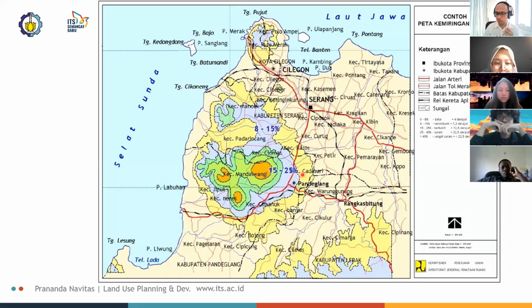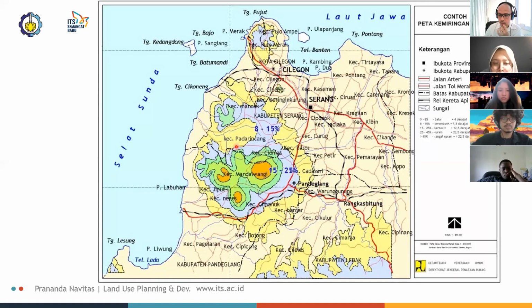So between 15 to 25%, which is quite steep. 8 to 15%, which is not too steep. It's still quite steep. 8 to 15, and which ones are 0 to 8%? I think all the rest of the areas